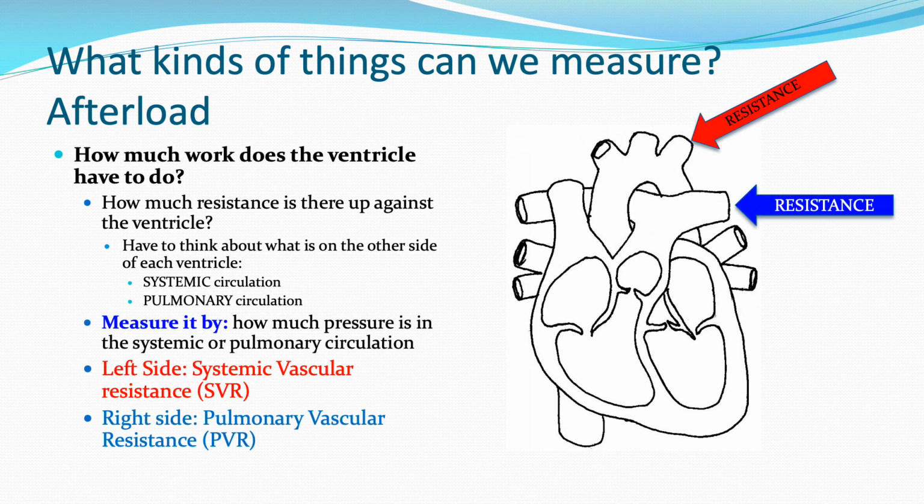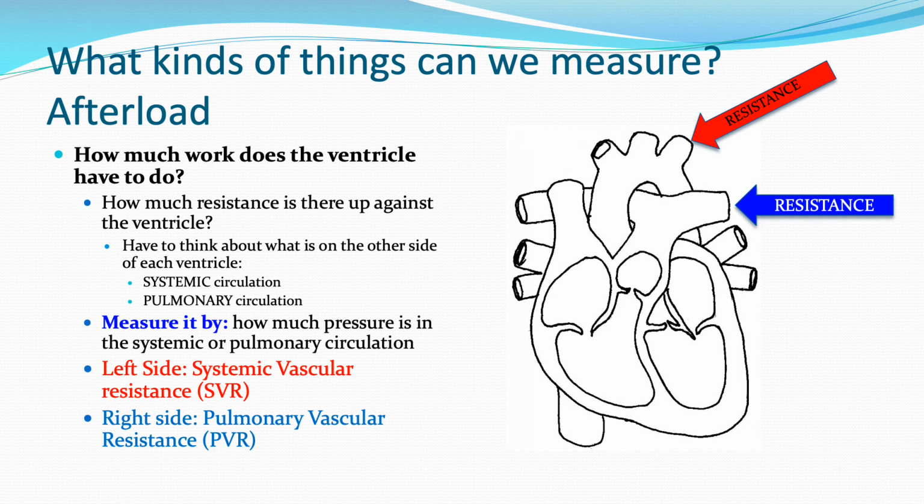Now the right ventricle is pumping into the pulmonary circulation, so it has to pump hard enough to open the pulmonic valve, and then any resistance in the lungs, like pulmonary hypertension, for example, could increase the afterload for the right ventricle. So we call these measures pulmonary vascular resistance for the right ventricle on the right side, and systemic vascular resistance for the left ventricle. So if the PVR, the pulmonary vascular resistance, is high, the right ventricle is having to work even harder, thus increasing your cardiac workload. And if the SVR is high, now the left ventricle is having to work harder, again,